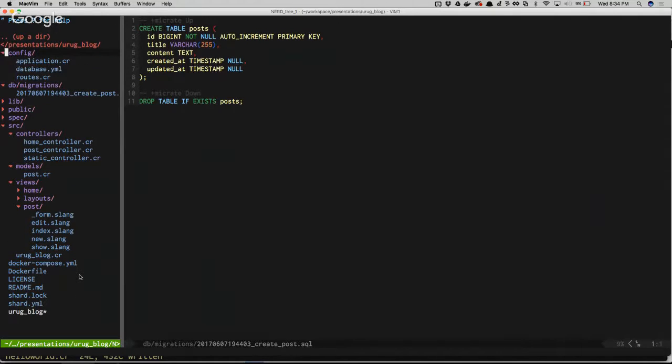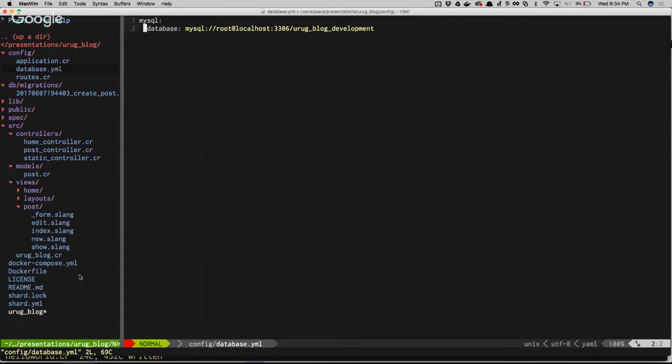If you go back to config, never mind, not config, the database YAML. Basically, we're just using a URL form for our database YAML. This can also be overridden with the database URL environment variable. So as far as SQLite and Postgres, which this currently supports, that could connect to any central database. So that's not an issue.